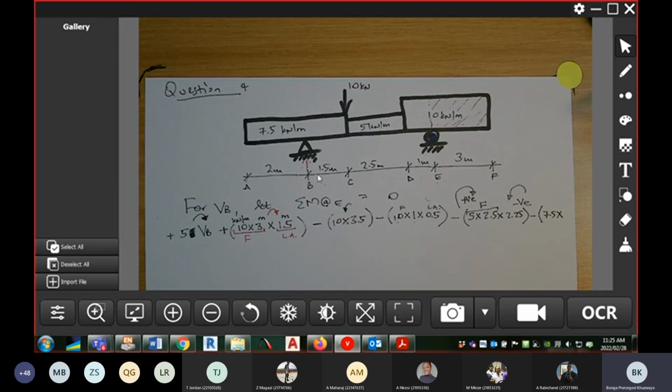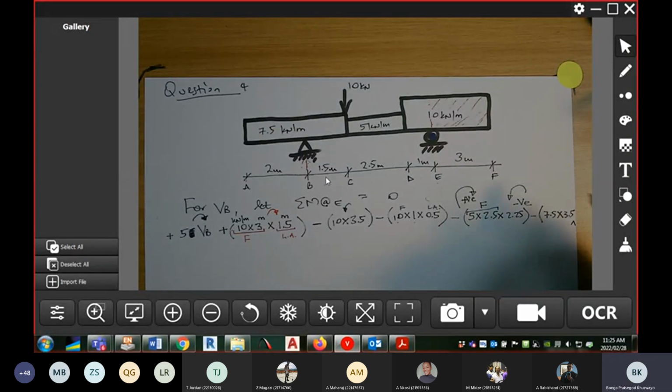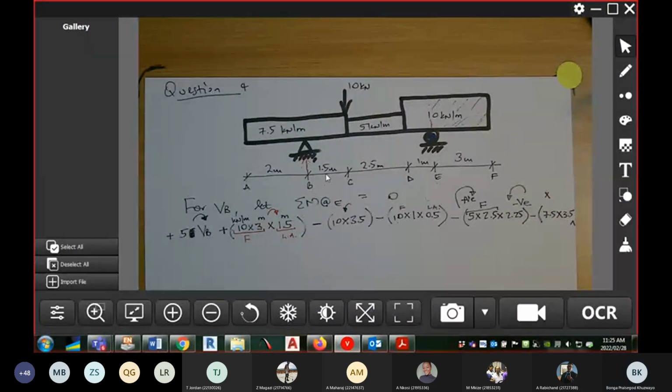Okay, that's 2 plus 1,5. So we've got 3,5. Sorry, I'm running out of space, and then so far we have a force, and then the lever arm is 1 plus 2,5 plus 1,5, and then